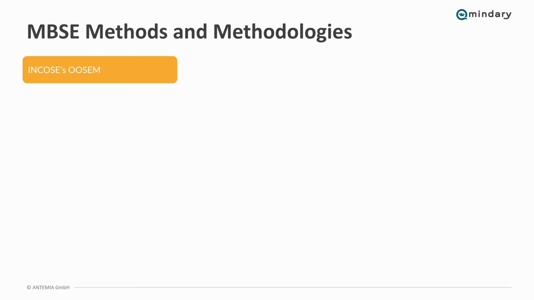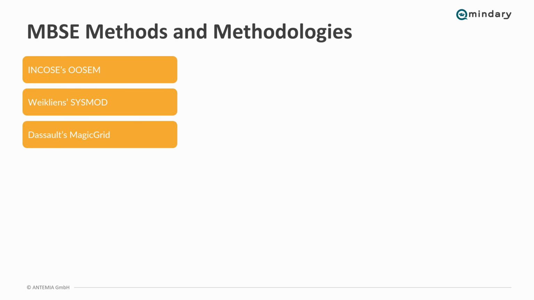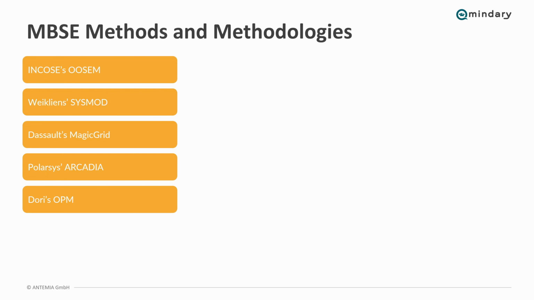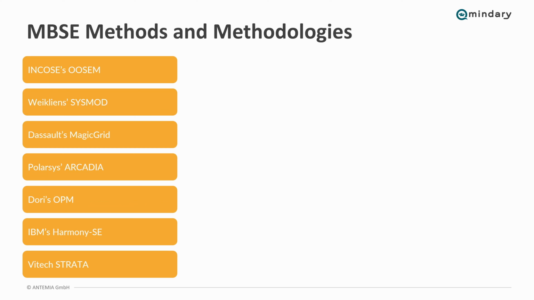First, of course, it's the INCOSE OSEM method, the Object-Oriented Systems Engineering Method by INCOSE itself. Then we have SysMod, that might mean something to some of you, the Systems Modeling Process by Wilkins, also very famous. Then the Cyber Magic Grid by Dassault Systems, and Arcadia, the Architecture Analysis and Design Integrated Approach by Polarsys. Then there is OPM, a little smaller approach, the Object Process Methodology by Dori, and the Harmony SE by IBM,